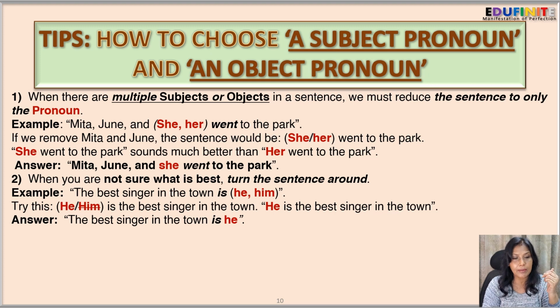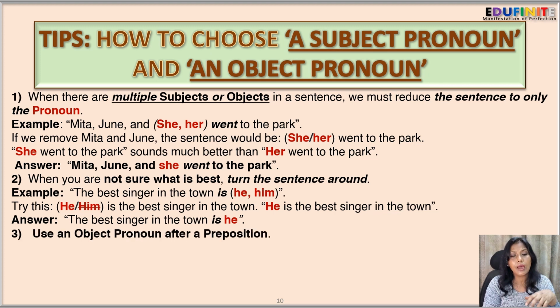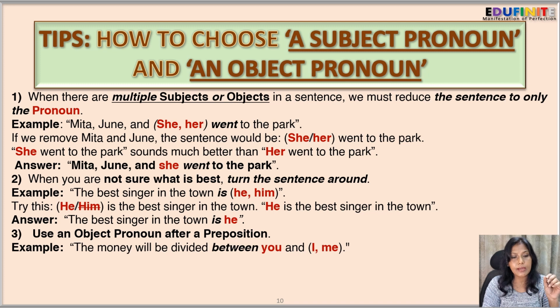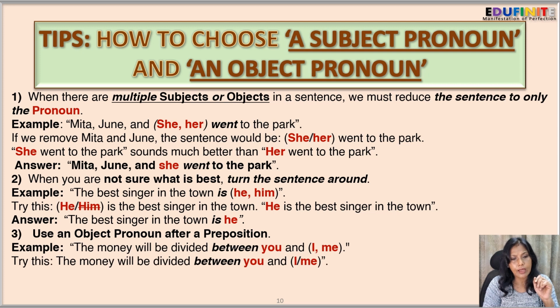So see, it's very simple. Next, when we are in a dilemma to use an object pronoun after a preposition. For example, "the money will be divided between you and I or me," which will go over there. So what do we do? Try this: "the money will be divided between you and I," or